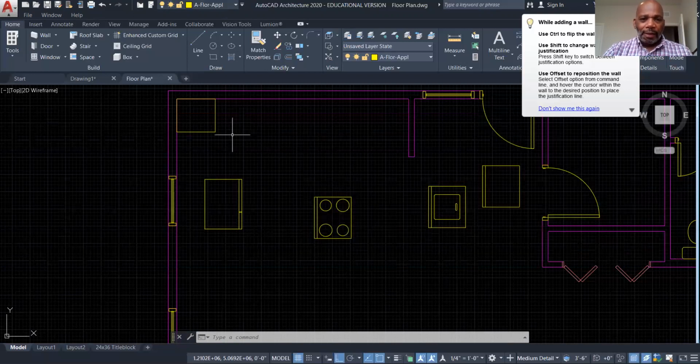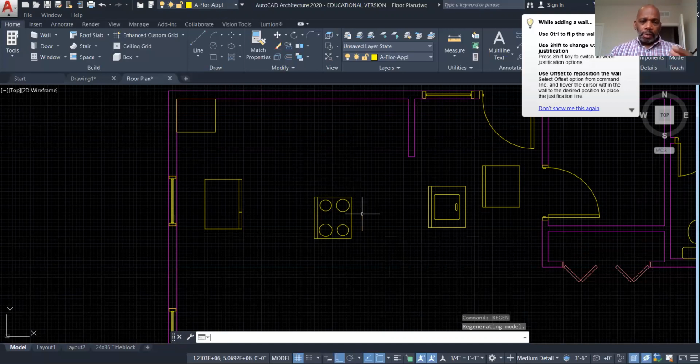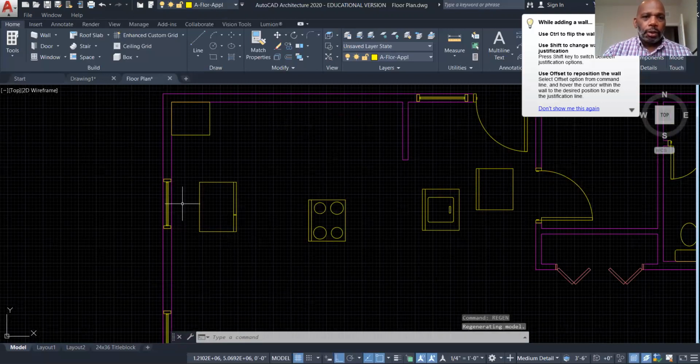If your appliances don't change when you change the color of the layer, all you've got to do is a regen, R-E, at the command line, and enter that. That will regenerate the drawing and change the color of those appliances to yellow. Now that I have them here, I'm going to take my refrigerator,